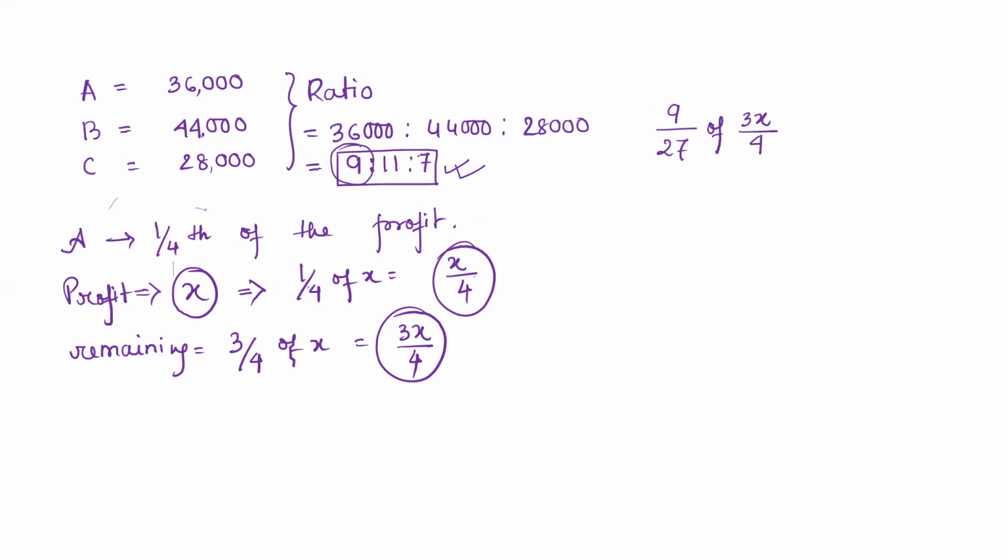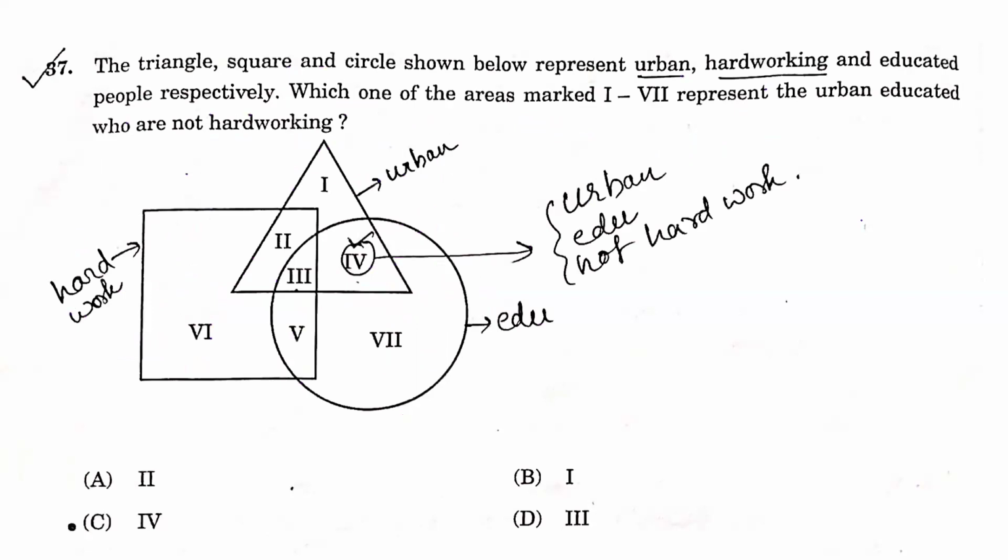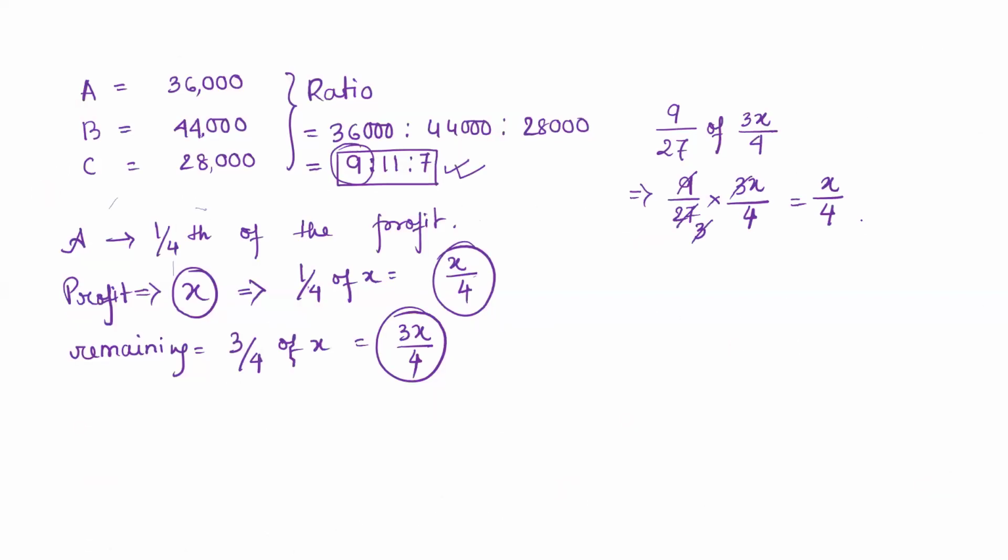As we know, this is the rule of solving ratio proportion numericals. So see here, 9/27 into 3x by 4. 9 3s are 27, 3 gets cancelled out. X by 4. Right? Now, this X by 4 and this X by 4